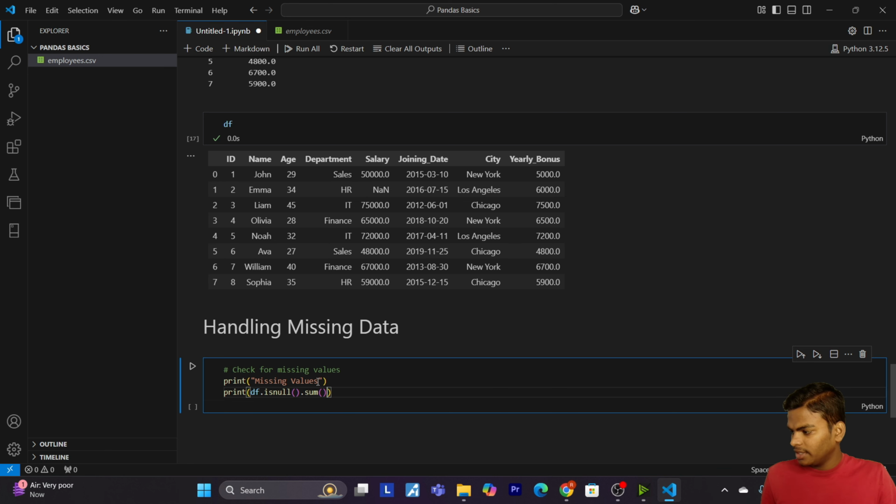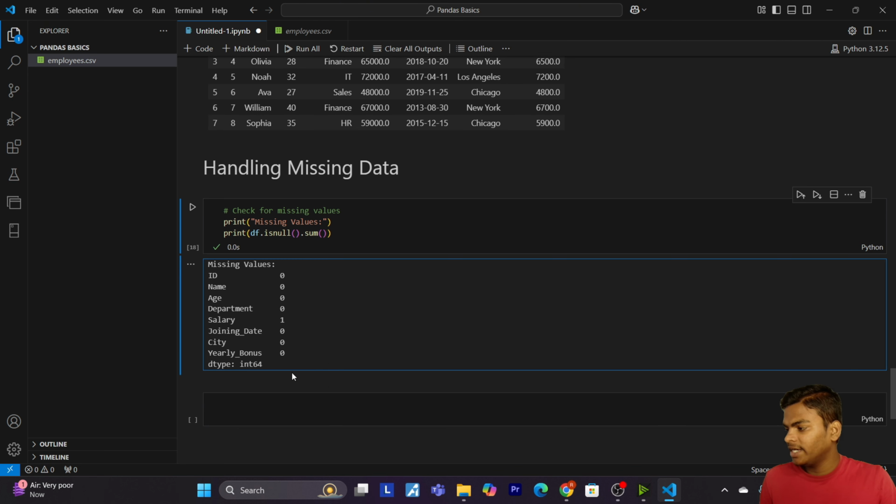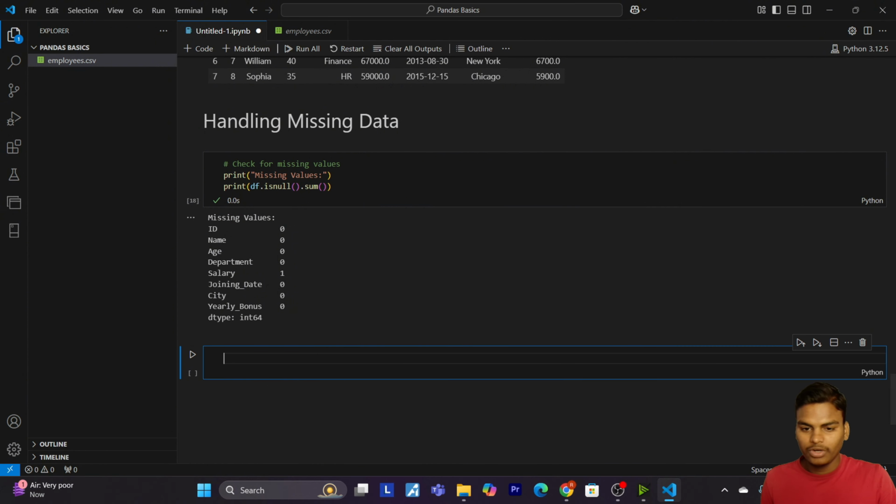So now let's run this cell. Okay. This will give how many. So you can see that in this salary column we have one null value. Okay. So let's see how we can handle it. So for this, it's time to fill. Okay. Fill missing values